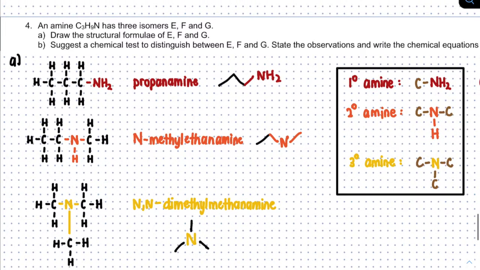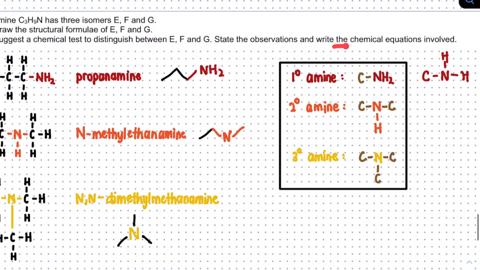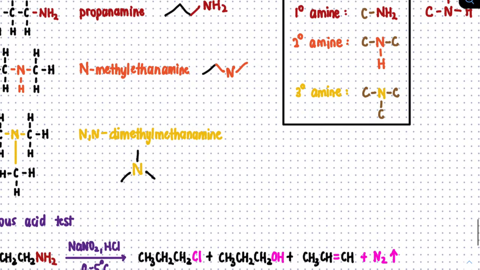Okay, next one, dia bagi tahu kita. So, bolehlah draw, then we can answer the next question. B, suggest a chemical test to distinguish E, F, and G. State the observation and write the chemical equation involved. Okay, so from here,